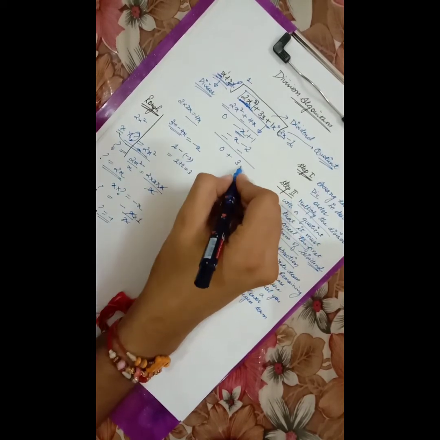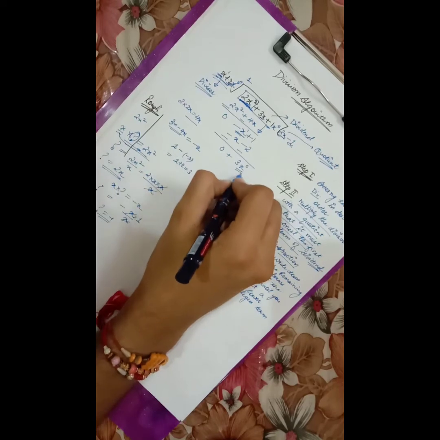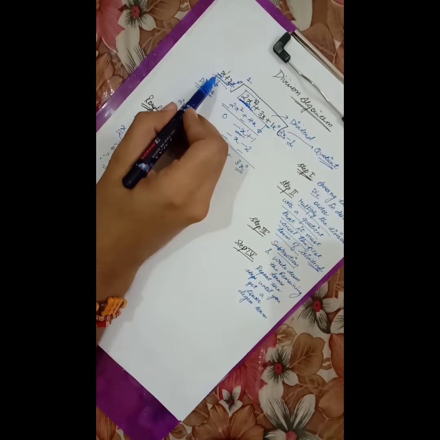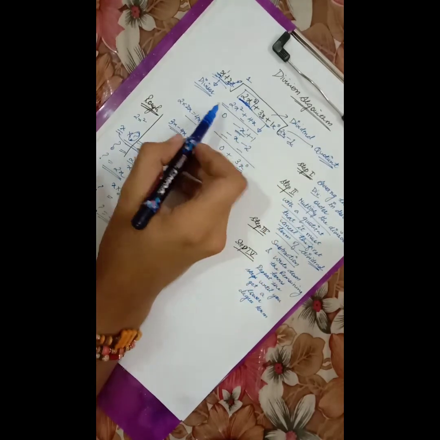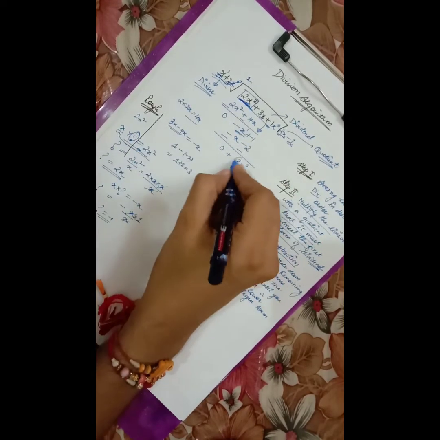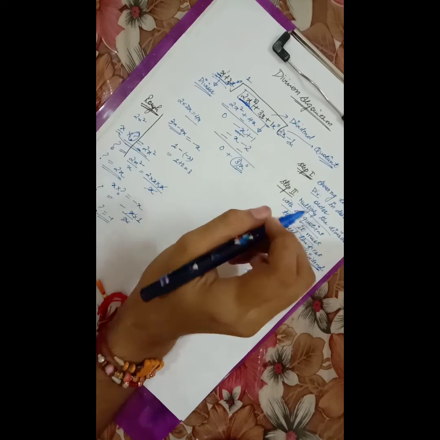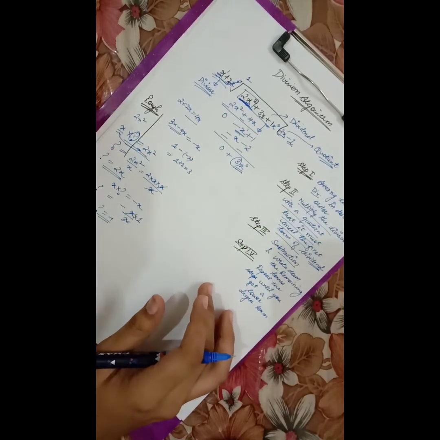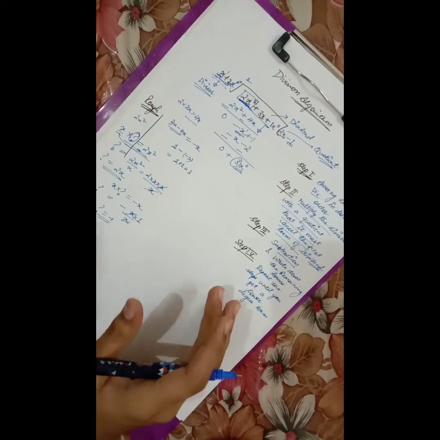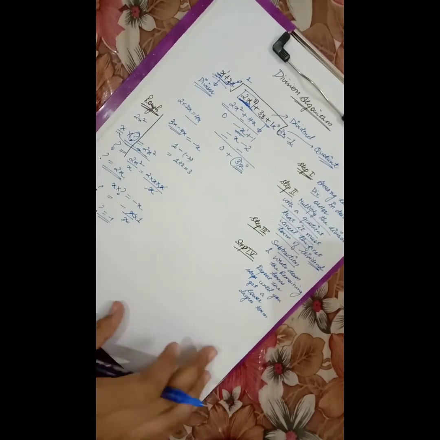Now the power of x, that is the degree of x here, is 0 and the degree of divisor is 1. So here the degree of the remainder is less than the degree of divisor, so this comes out to be our actual remainder. So this was the division algorithm. Let us study some questions of division algorithm and let me explain it thoroughly with the help of more examples.